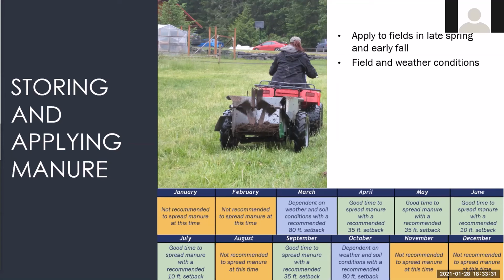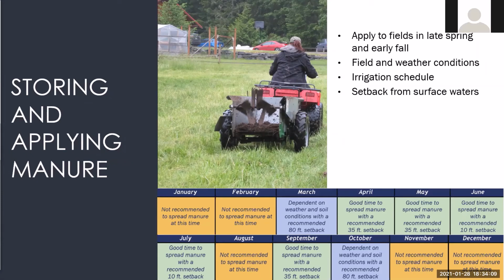So we're trying to think about having a bit of a time in those seasons where we have more controlled moisture and no heavy forecasted big events happening. And the calendar that's on the screen here shares more about some of those pieces. It's general guidance, and it's actually from a resource that I made that'll be available to you at the end that shows you what different months we want to spread. And it's also showing you